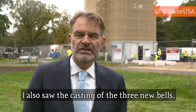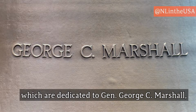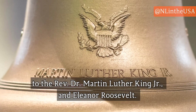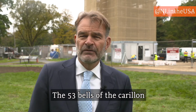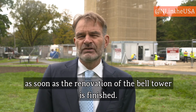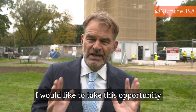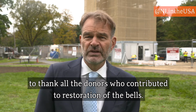I also saw the casting of the three new bells, which are dedicated to General George C. Marshall, to the Reverend Dr. Martin Luther King Jr. and to Eleanor Roosevelt. The 53 bells of the Carillon will be shipped back to the US as soon as the renovation of the bell tower is finished. I would like to take this opportunity to thank all the donors who contributed to the